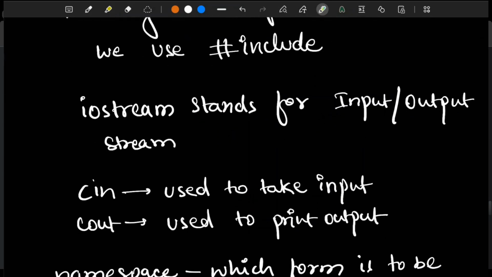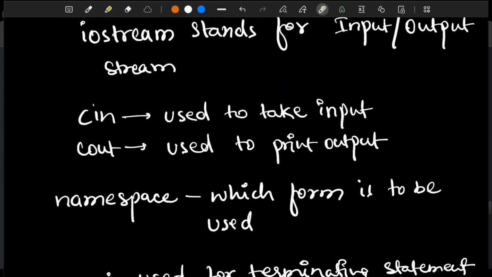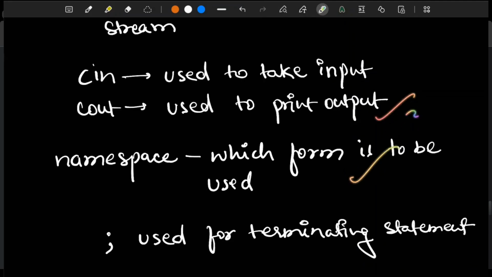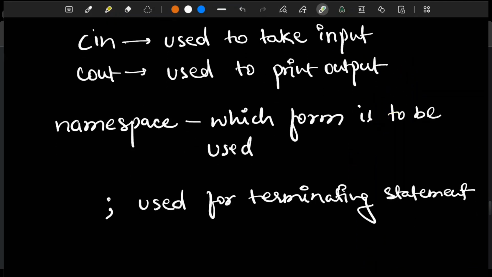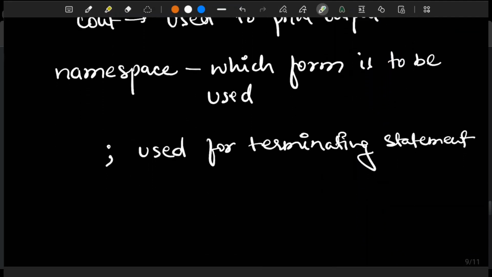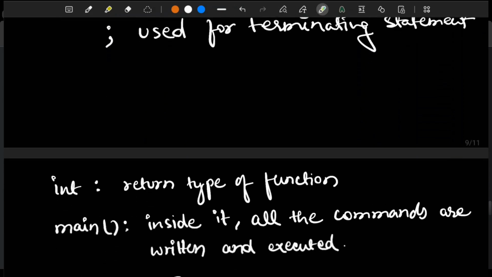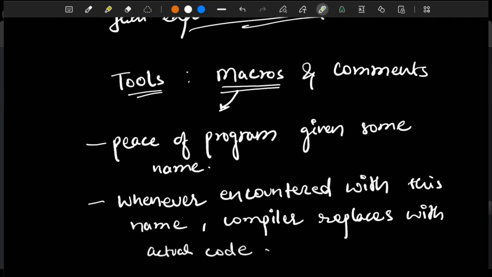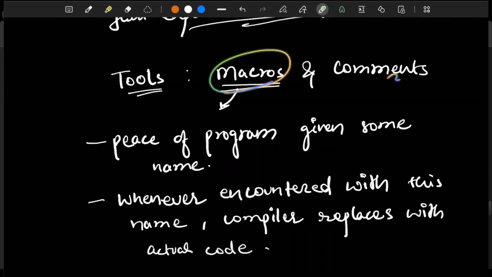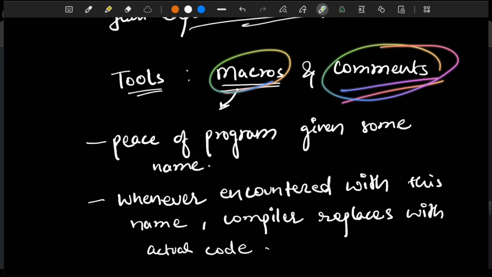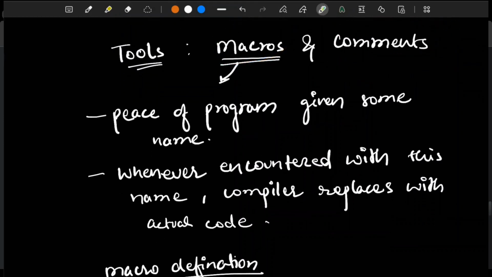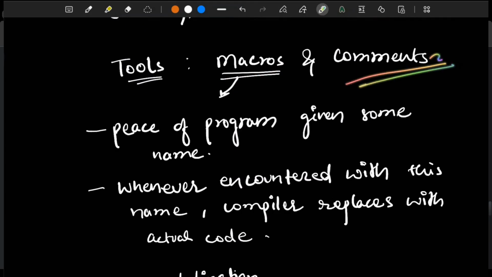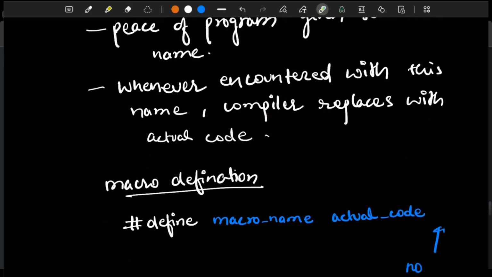We also looked at the tools for organization and efficiency. Macros define constant values before compilation, and comments are for explaining the intent of your code to other programmers or developers, or for your future self.